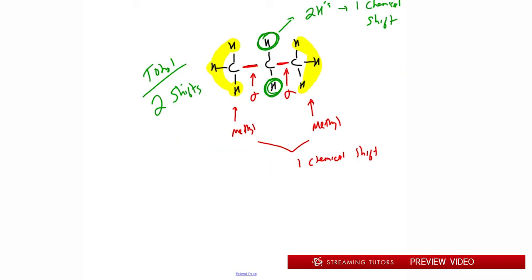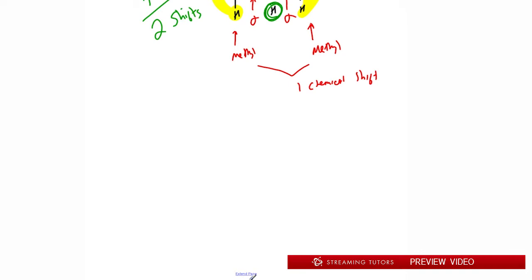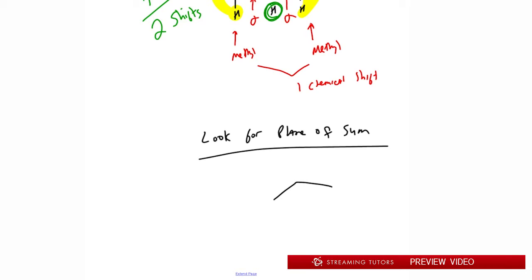Now, this is an easier way to do it. So the key here is to look for plane of symmetry. So if I have a propane, it's easy to do it without drawing the H's out. So right here in the middle is a plane of symmetry. That carbon